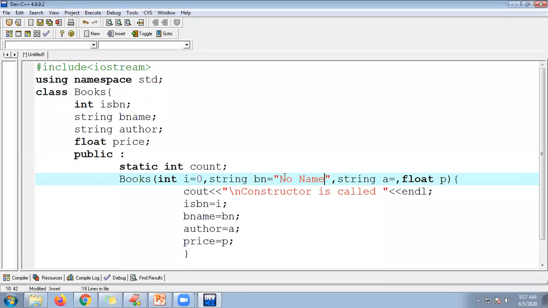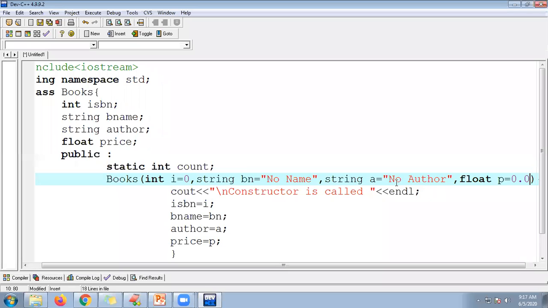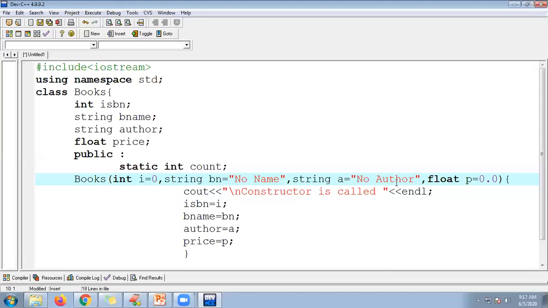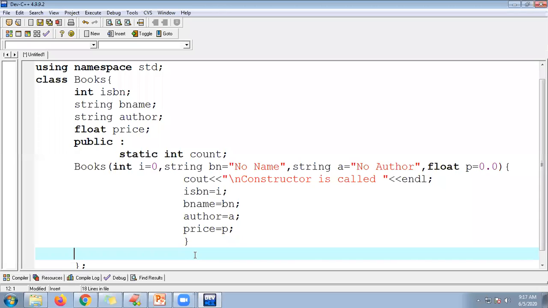Let me use no name, and author name, no author, float price. Let me initialize it to 0.0. So these initialize the parameters to default values. This is called initializing the parameters. Now here you can see a static object counter. I want to count the number of objects that have been created.